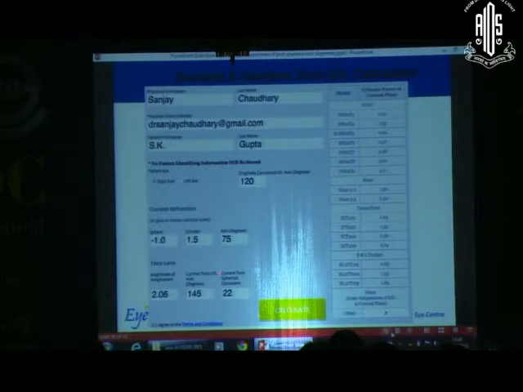Then this is the axis in which the lens is lying now. So it was supposed to be at 120. 120 is this. It is lying at 145 this. The power of the IOL was 22. This also is predetermined, you can't change. So these are the only two values you have changed, 145 and the refractive error. In case you are not using one of these lenses, then this cylindrical power can be fed here. So it can work for any IOL, not necessarily the IOLs chosen by the software. So either you just click here for this power or you fill that power here and the software will work.